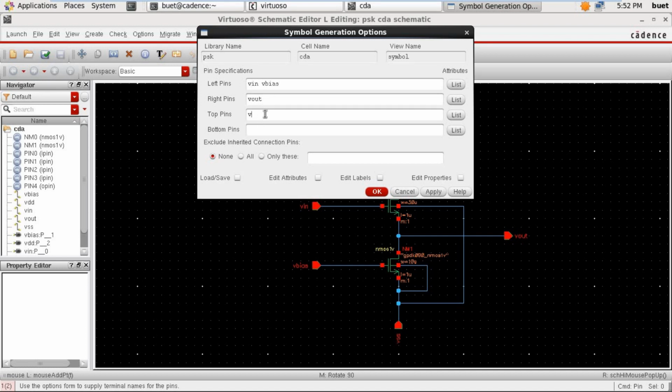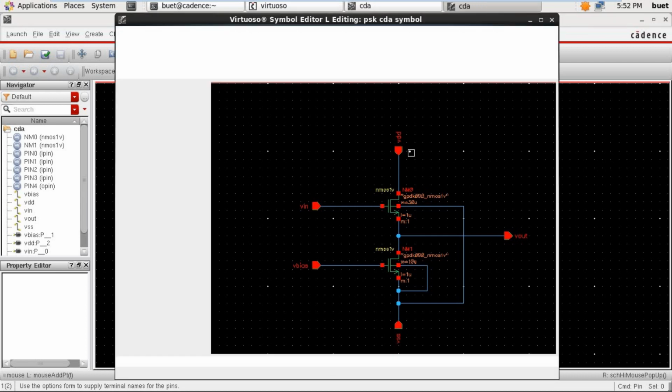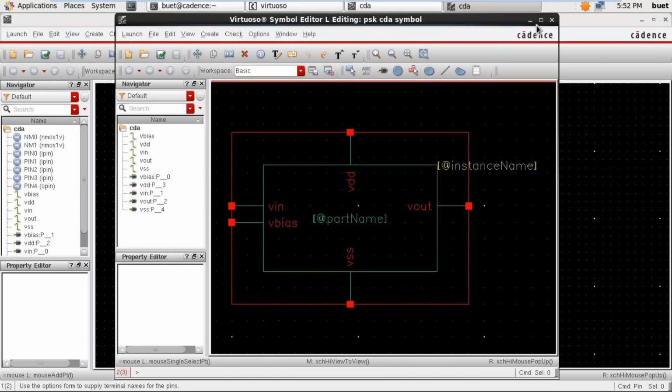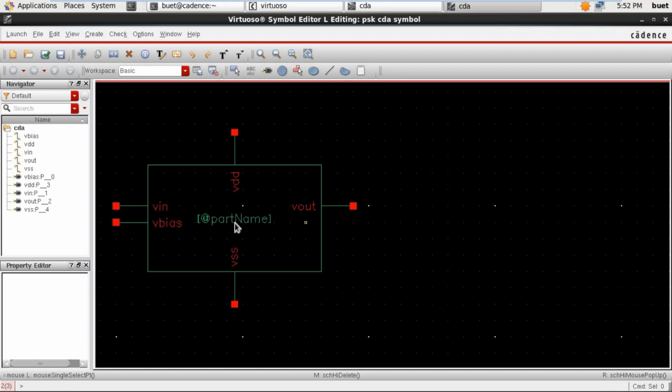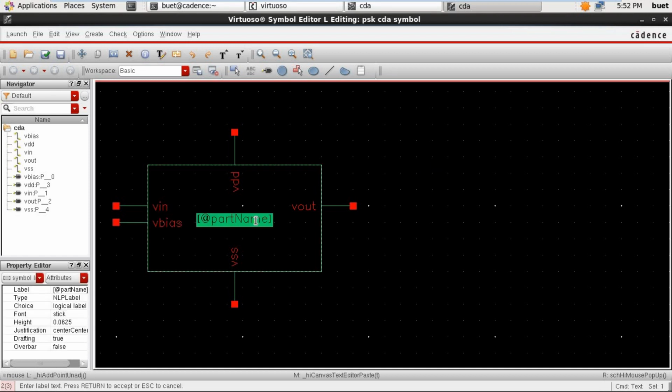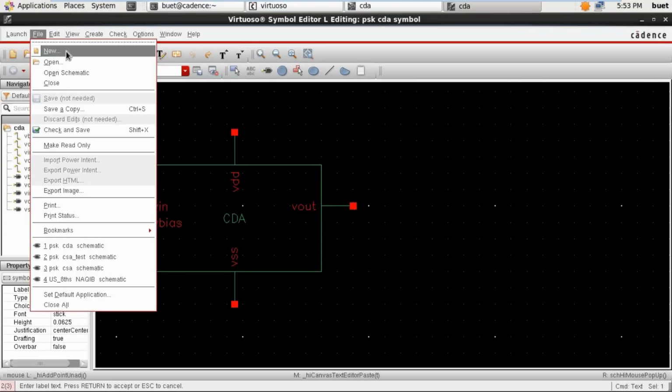Right pin should be Vout, top VDD and bottom VSS. This opens the symbol. Just delete the outer box and instance name by pressing the delete key. Now we are done with the symbol.